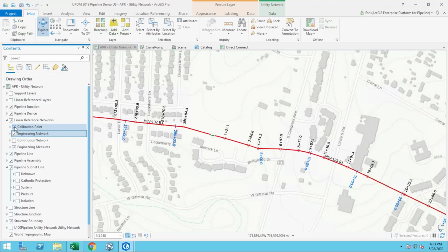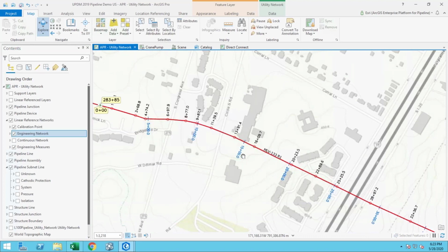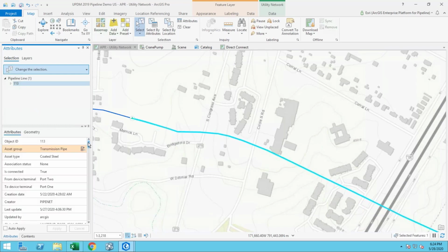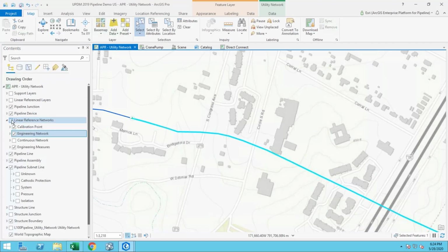If I turn on my calibration points, you can see the 0+00 of this route and the back station 2385 of the previous route. So now this route line here has been calibrated to the underlying pipes. So instead of having that simple pipe center line underneath, now I select this, and this is actually my pipe layer from my utility network. And if I open it up, I would see all the attributes about that pipe layer, whether it's piggable or not, what the diameter is. You can see operating pressures, GPS accuracy. These are all the information coming from the underlying pipe itself,